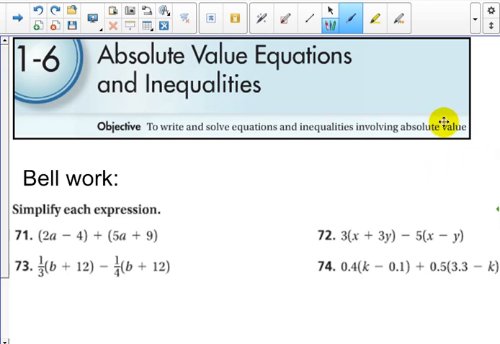All right, so this is all about 1-6, absolute value equations and inequalities. Our objective today is to write and solve equations and inequalities involving absolute value. So today we're just going to get to the equation of absolute values. Next week we'll cover the inequalities part of it, okay? So I started you out, let's forget those for right now. We're going to focus on 71 and 72 for time's sake today because I want you to have some class